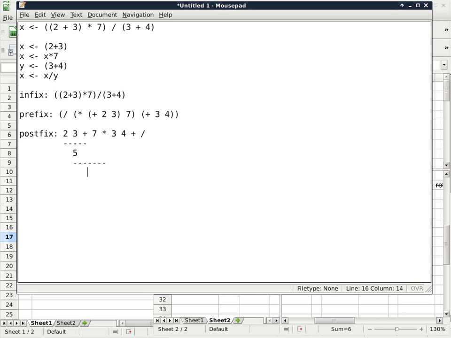So do a multiplication, that becomes a 35. So now it looks at 35 and then it looks at 3, 4, and the plus. The plus only applies to the most recent numbers that you gave it, okay? So that means the 3 and the 4 will become a 7. So at this point, you have 35 as one number, and then 3, 4 plus becomes the second number, which is 7. So by the time you get to the division, it will give you 35 divided by 7,